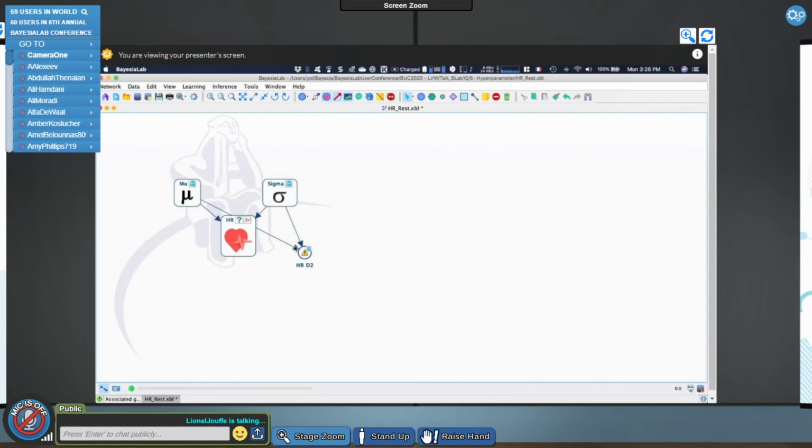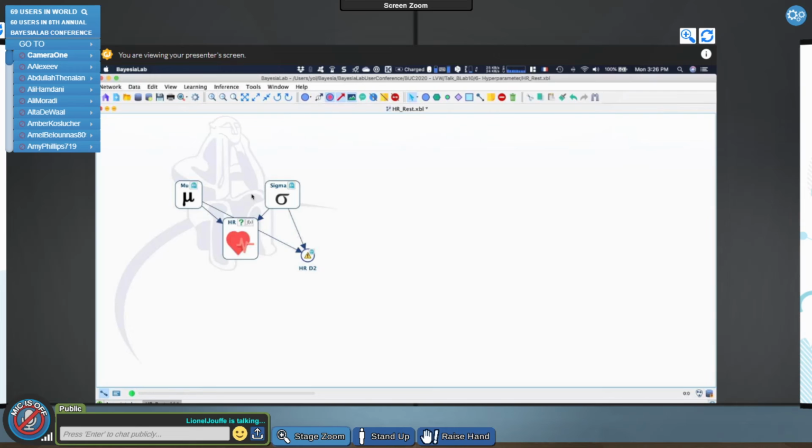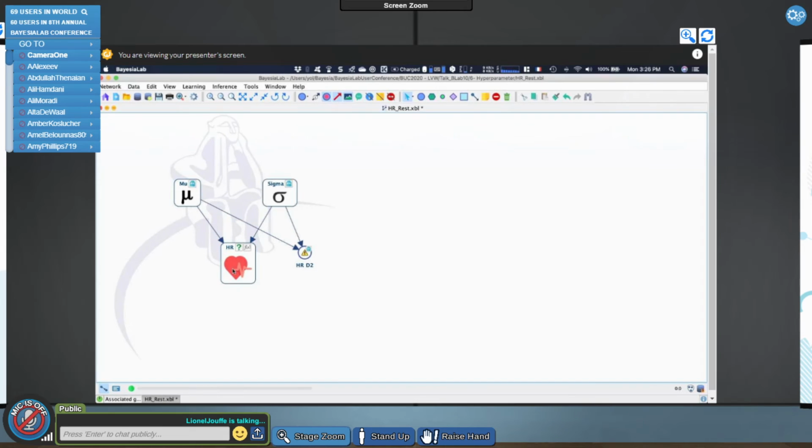And this node shares the same hyperparameter as this one. At the beginning, these two, sorry, are independent. So they are marginally independent. But when I have the information about my heart rate the first day, then given that this is a V structure, now they are conditionally dependent, right?